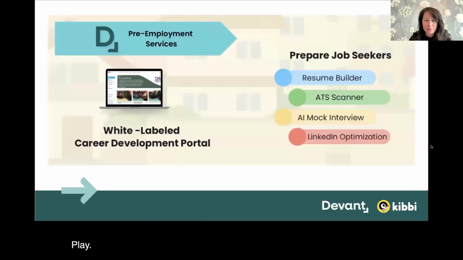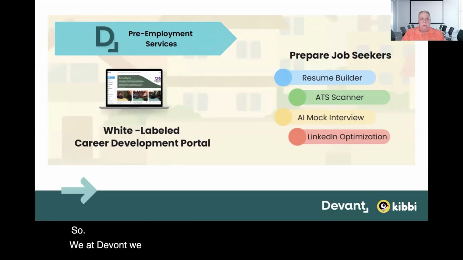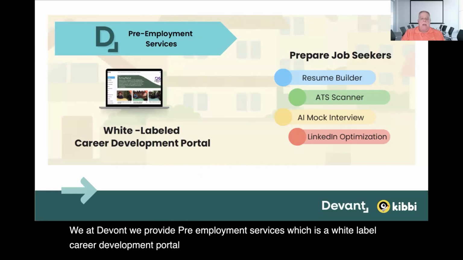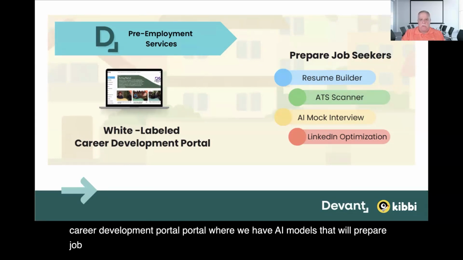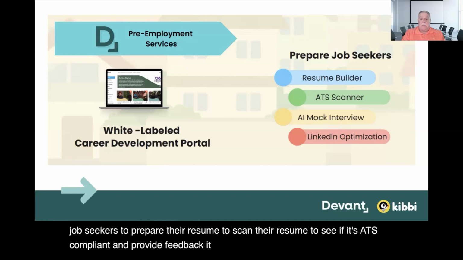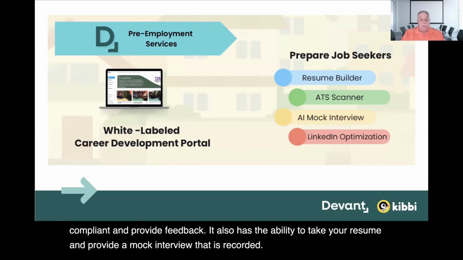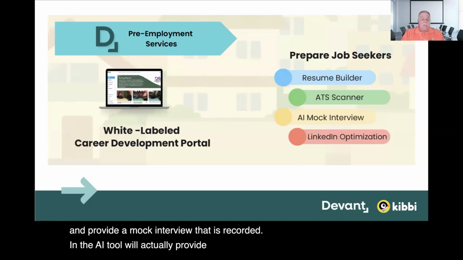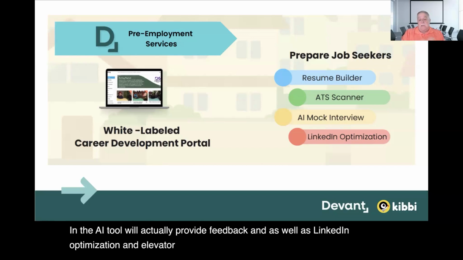Yeah. So at Devant, we provide pre-employment services, which is a white label career development portal where we have AI models that will help job seekers prepare their resume, scan their resume to see if it's ATS compliant, and provide feedback. It also has the ability to take your resume and provide a mock interview that is recorded, and the AI tool will actually provide feedback, as well as LinkedIn optimization and an elevator pitch, and it's all embedded